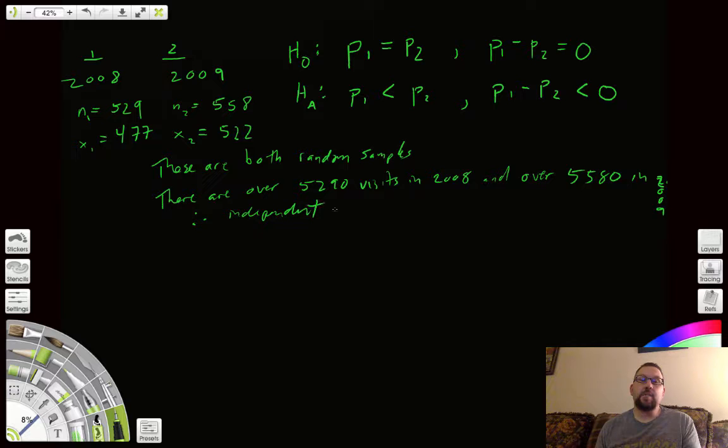There's a secondary aspect to independence: one year's results do not influence the other. If I do a sample in 2009, that has no impact on what happened back in 2008. If I do one drive-through visit, that does not affect another drive-through visit because I'm randomly selecting them. So that's my S, and this is my I, and my N is, let's see,